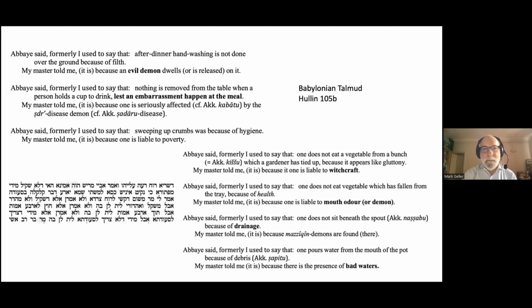We can find them. For instance, he said, in the second instance, nothing is removed from the table when a person holds a cup to drink, lest an embarrassment happen at the meal. The master said, no, it's not that. It is because of the Tsadaru disease, which we know from Akkadian. So just to show you that there's enough information here to make us suspect that there is an Akkadian background